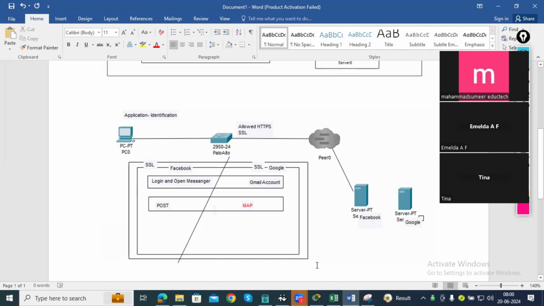But what you want to do is allow a few websites so that the user can browse, and some websites you do not allow. It's against your company policy. So you want to deny access to those websites. In that case, here in the Palo Alto firewall, you will have an